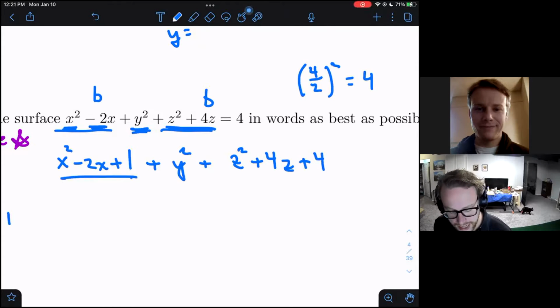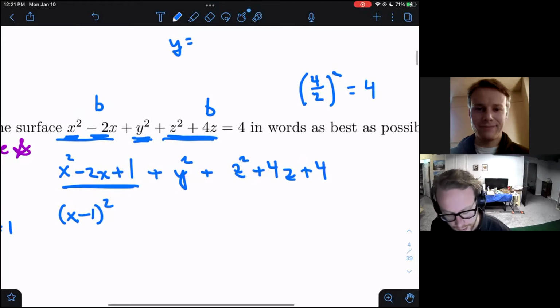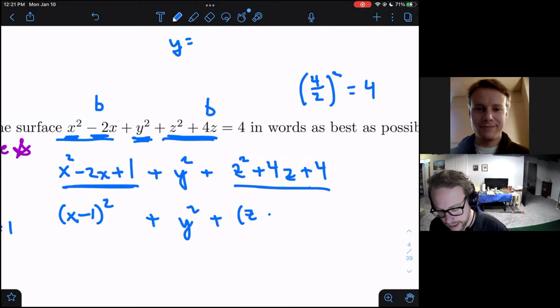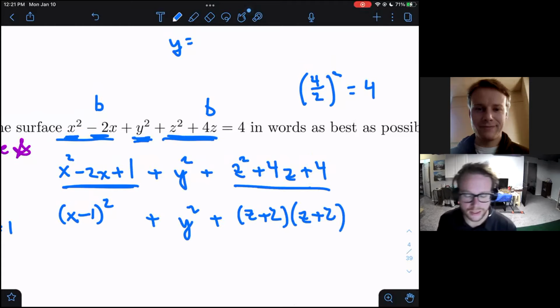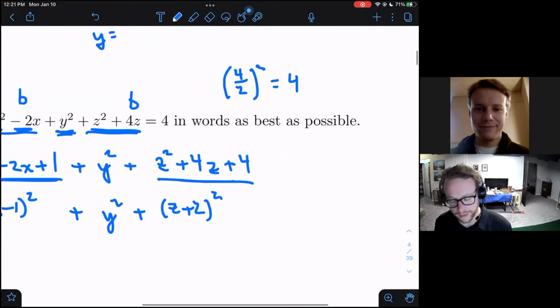Now, when I do this, this is now a completed square, which means if you try to factor this, right, you're going to get x minus 1 times x minus 1. So that is just x minus 1 times itself, or quantity squared. So right, when you factor it, you notice that you actually have a perfect square. So the nice way to write this is x minus 1 squared, right? It's x minus 1 times itself. Here you have y squared. When you try to factor this one, you're going to get z plus 2 times z plus 2. So this is, again, just z plus 2 quantity squared, right? So you have these nice completed squares.